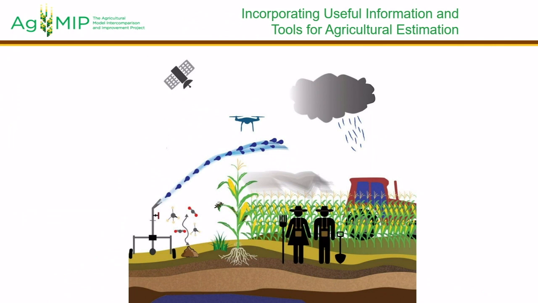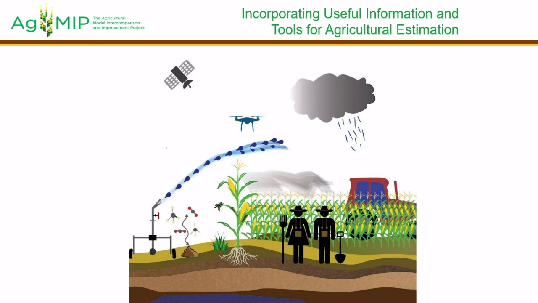We look at the weather, we look at irrigation and water resources, greenhouse gas exchanges, pests, diseases, weeds, the fundamental growth of the plant and its root system and soil environment, and of course also the people and the equipment and other things that we bring into the field and the way we manage it.